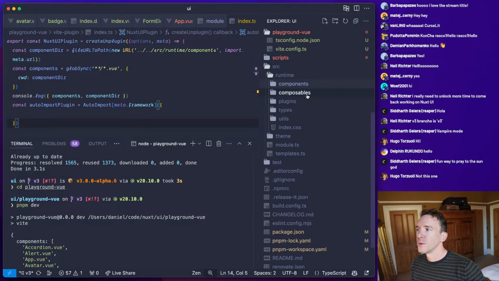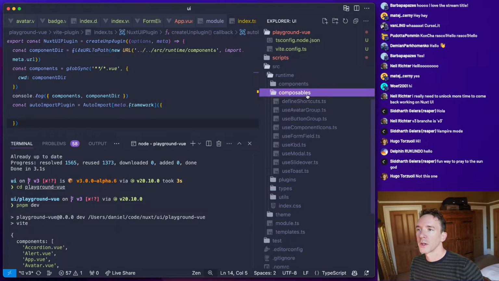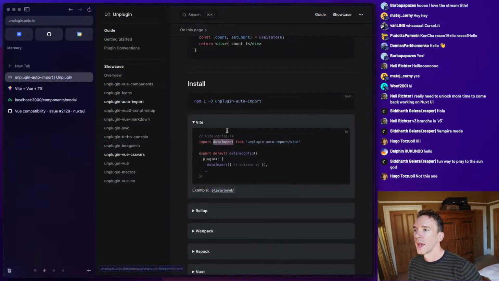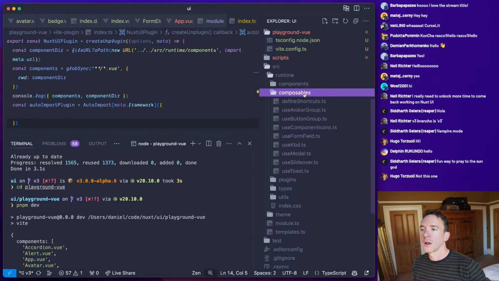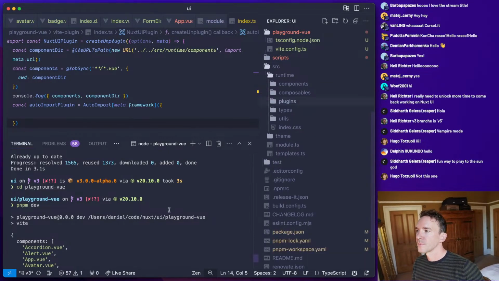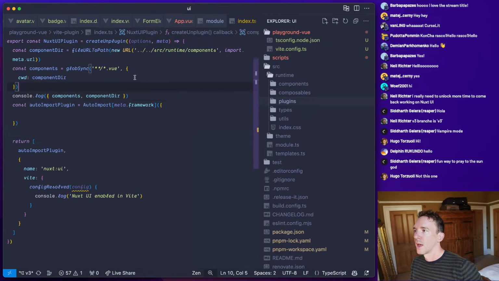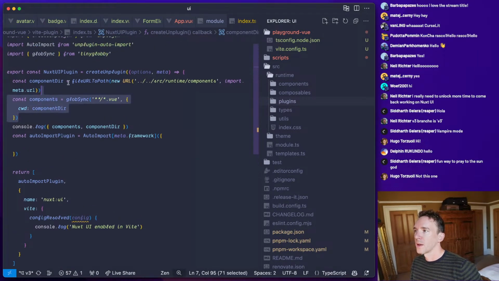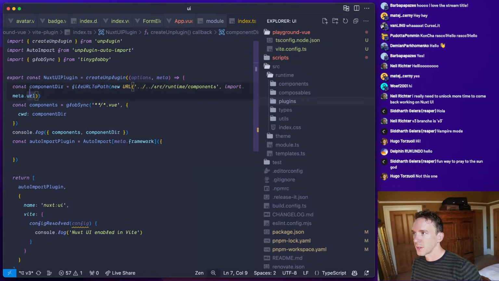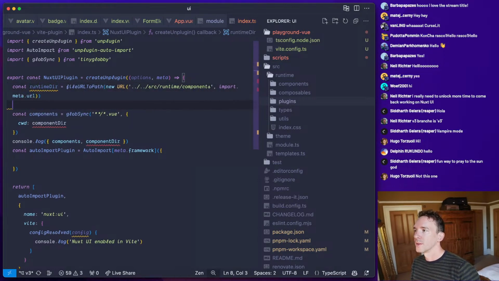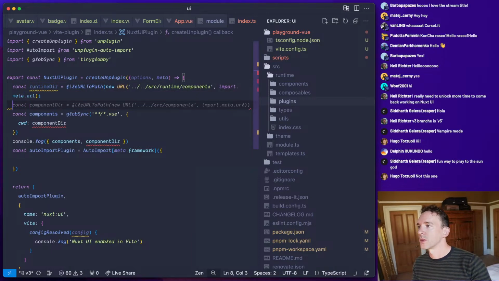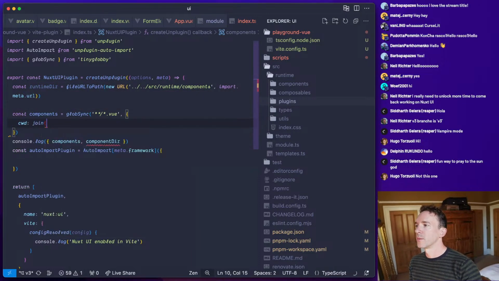And we probably also need to log in our composables. And so we'll do that. So we'll call this runtime dir. And we'll say const, we'll just join runtime dir components.